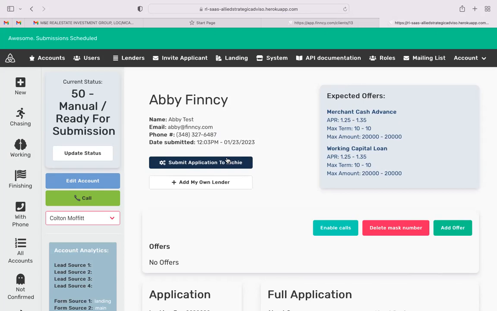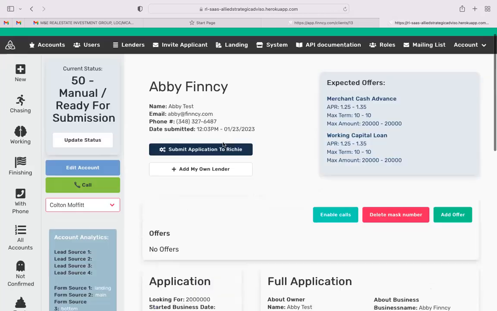So once you go back to this application and upload it here, you need to click on submit application to Richie once again. So every time you make changes, make sure to click on submit application to Richie again. In that way, we will be receiving the updated application form. So that's basically the journey in receiving an application,